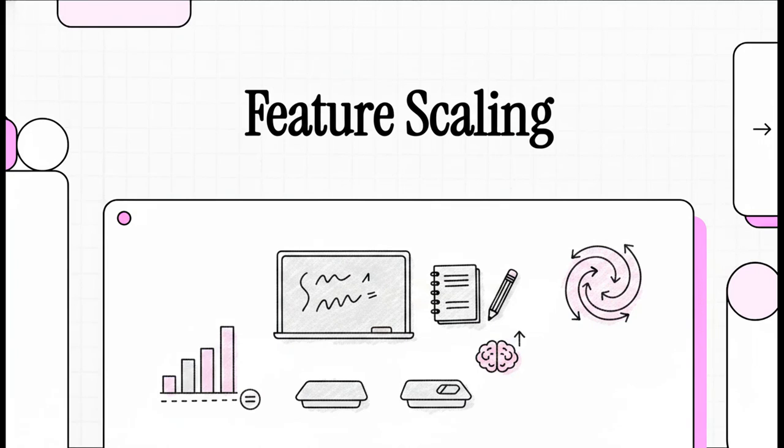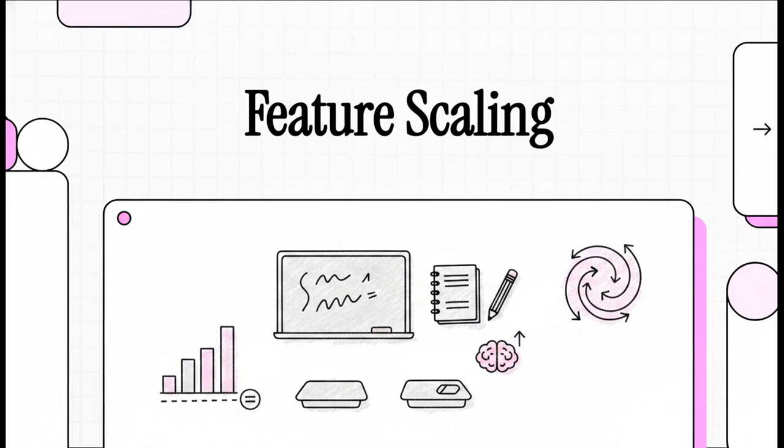Today, we're diving into a genuinely crucial concept in data science. It's called feature scaling. If you've ever built a machine learning model and it just wasn't learning properly, or maybe it was taking absolutely forever to train, well, this right here might be exactly why. So grab your notebooks because we're going to master this great equalizer of data and seriously level up our machine